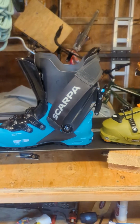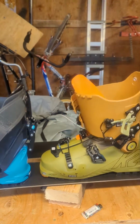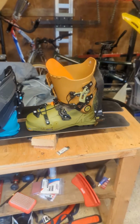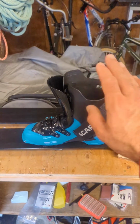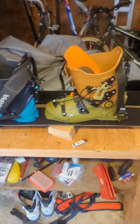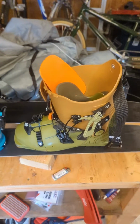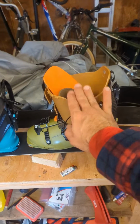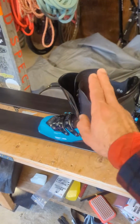The front of the cuff is maybe a smidge higher stock. However, I added this, which gives me much more. But you get a lot more lateral support out of the K2, so it's more responsive feeling. Scarpa is Grillamid, so it's stiffer feeling off the top. With this tongue in that I got from Pulse Labs, the stiffness feels the same, except this feels like it has better suspension. It's made out of Pebax, which provides a little bit better rebound,